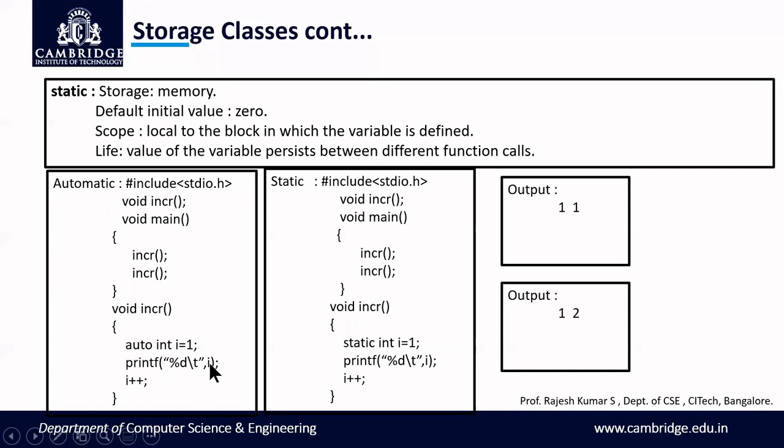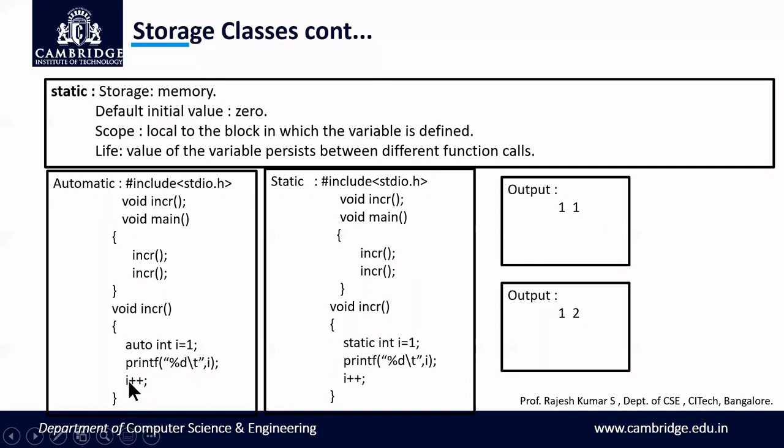In the called function, the I value is printed and I is incremented. After doing this job, again I'll come back to the calling function. When we see again, we are calling the same function. When I'm calling the function again, the updated value of I will not be present, because once you go out of this scope, I will start with 1 again. When I'm printing I, again 1 will be printed.